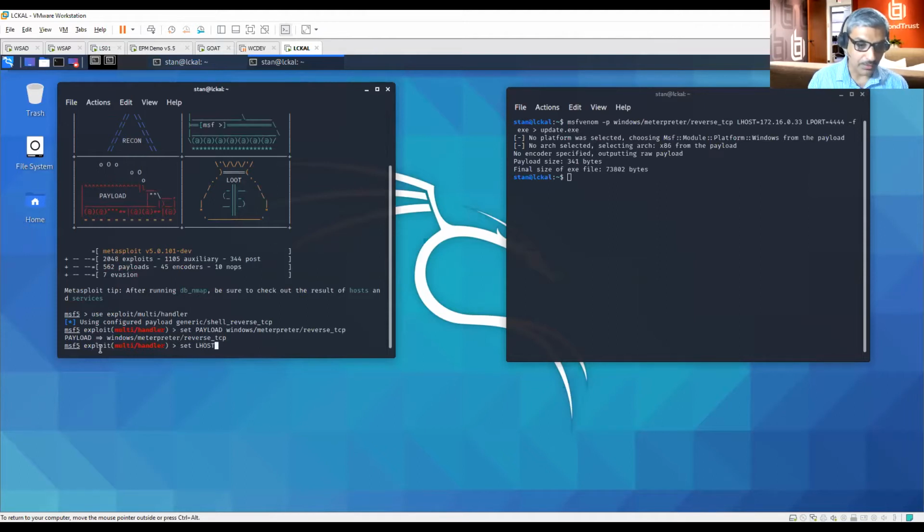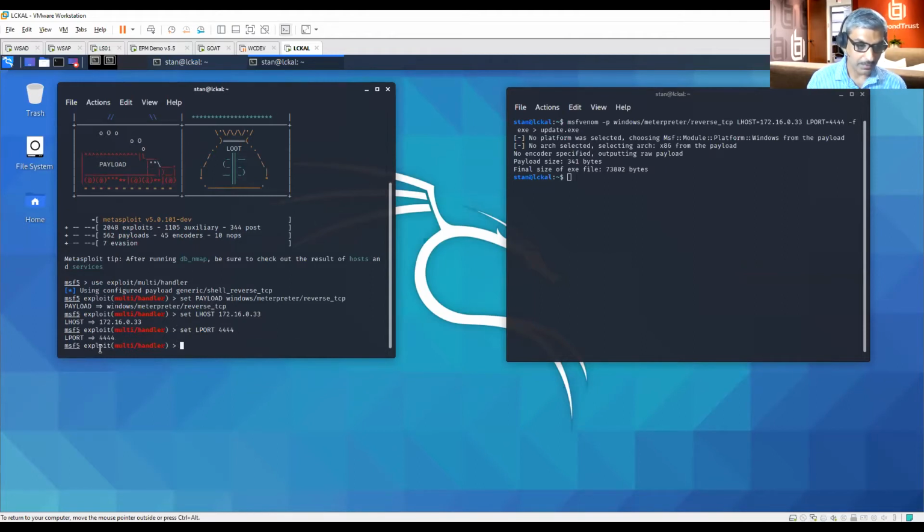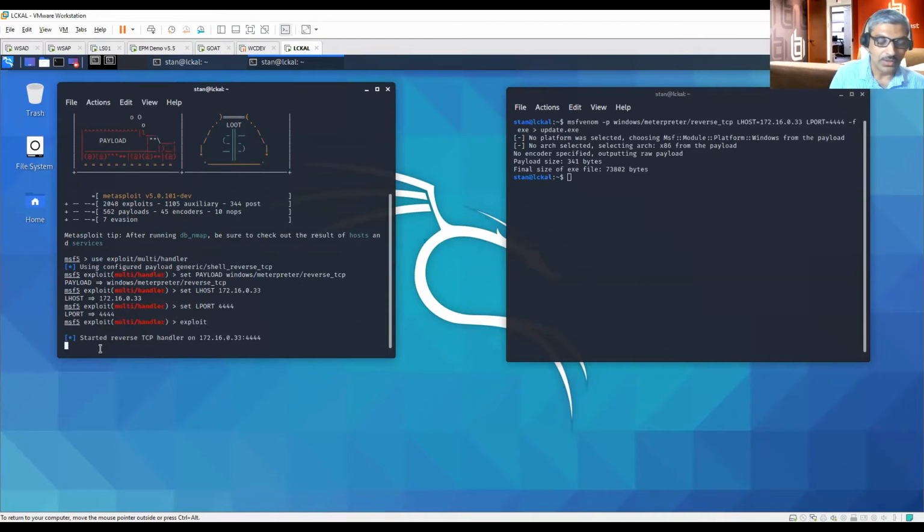And I'm just going to define what my local host IP is. In this case, it is... So like I said, I have a listener listening in, and this is now listening for incoming connections,